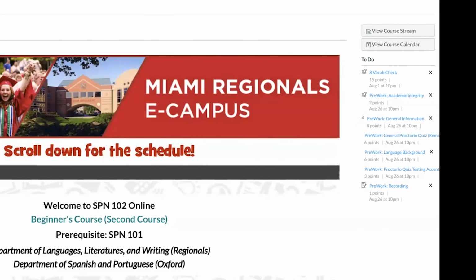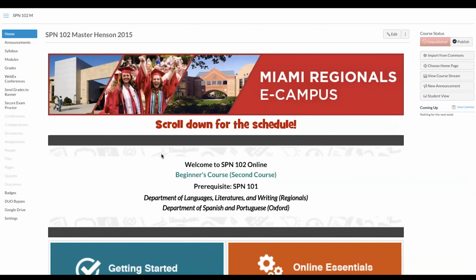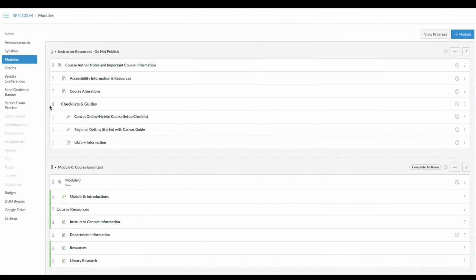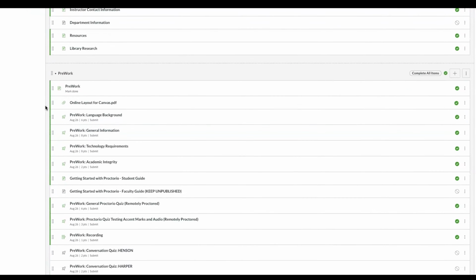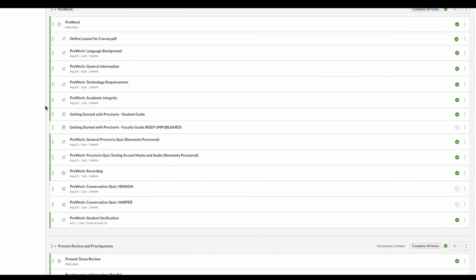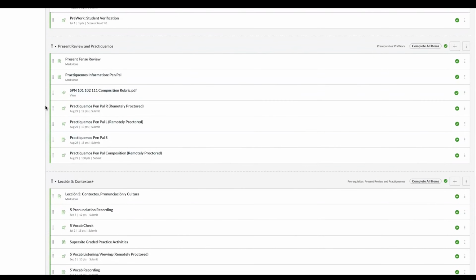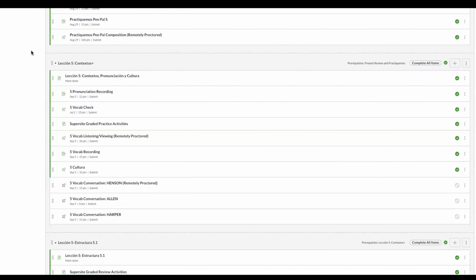For example, in our language courses, we often guide students through our outcomes with lecture material and then move to what might be considered more passive activities, interpretive reading, interpretive listening, and then move to more active activities such as presentational speaking or presentational writing. And if I want to control that to work the students through a particular route, I can do that through